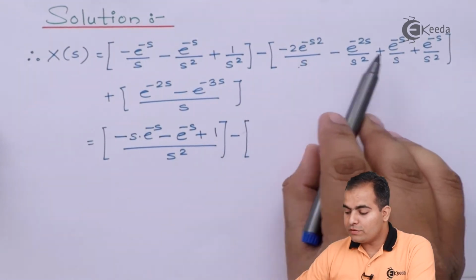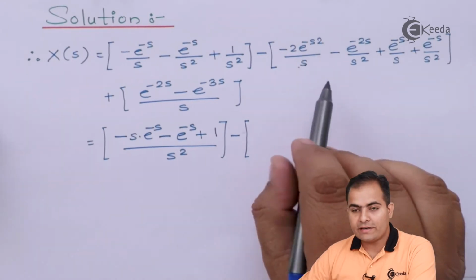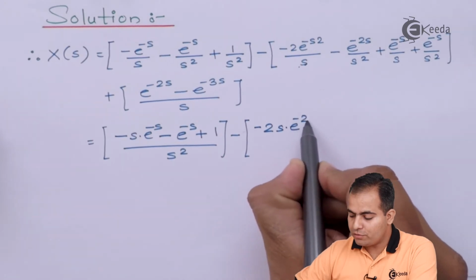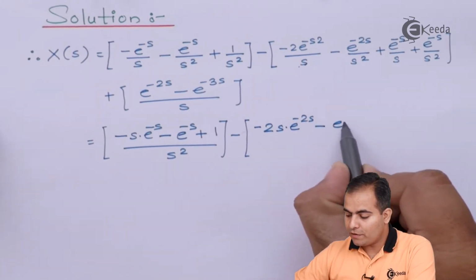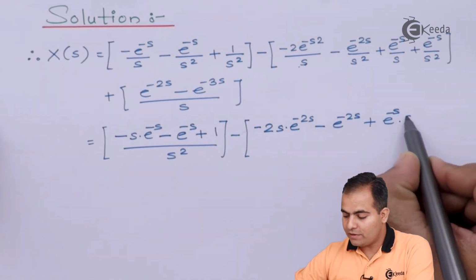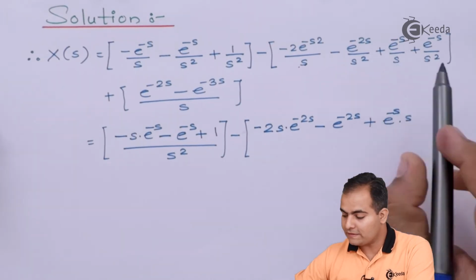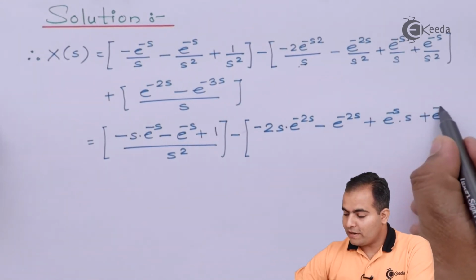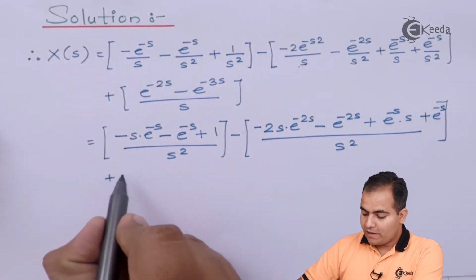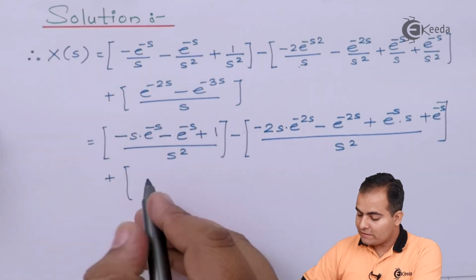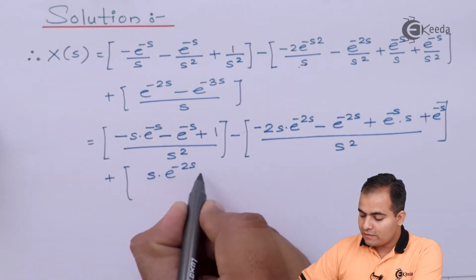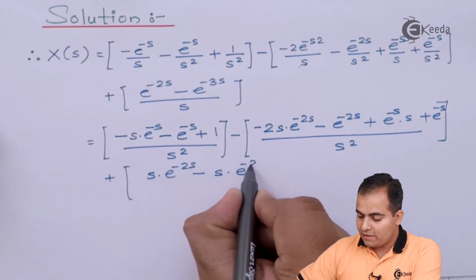Now the next part, minus. Here in these two terms we have to multiply s and s in the numerator and denominator. So what you will get: minus of 2s e to the power minus 2s minus e to the power minus 2s plus e to the power minus s into s, because this term we have to multiply by s, and plus e to the power minus s, and whole divided by s square. And the third part, in both the parts I'm going to multiply s as well as in the denominator also. So s into e to the power minus 2s minus s into e to the power minus 3s